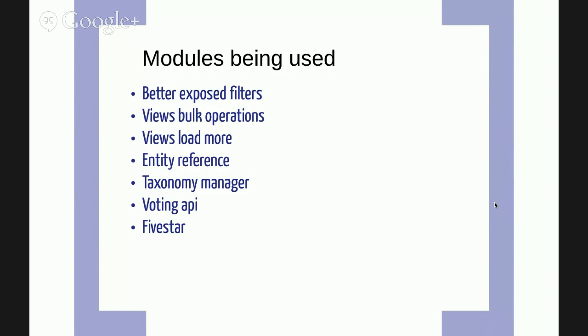Entity Reference is also in the demo. So what Entity Reference does is you can basically have multiple content types and then you can establish relationships between them. In our example, I think we can get to it when we're actually going through the demo of the actual views. And then we're also going to use Taxonomy Manager. Taxonomy Manager is a great module. It adds a GUI interface to the default taxonomy that comes with Drupal. So what Taxonomy Manager